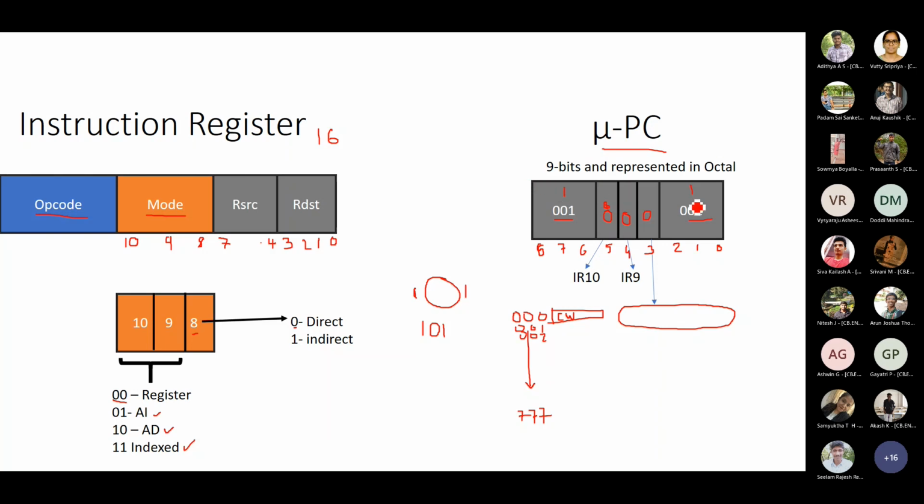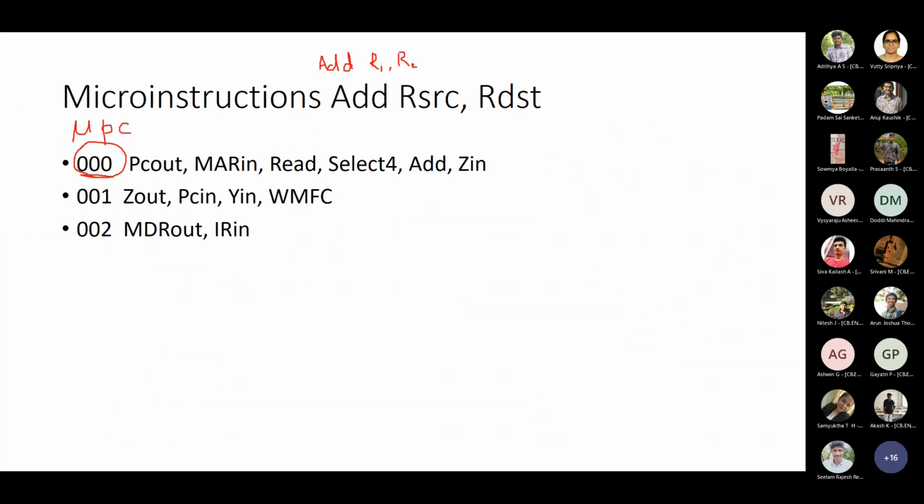Okay. So 1x1. This is fixed for add instruction. Then based on what type of addressing mode you derive from the 10th, 9th and 8th bit of your instruction register, you derive the middle 3 bits of your MUPC. Since it is registered direct, you substitute the values here, you will get 0. So this will be 0, 0, 0. So the final address is 101 if it is add registered direct. Okay, so that is where we have arrived at.